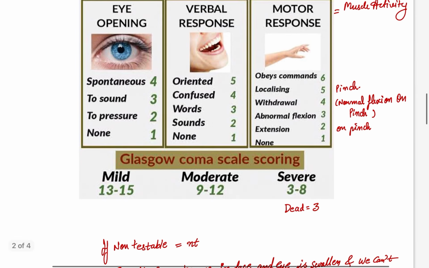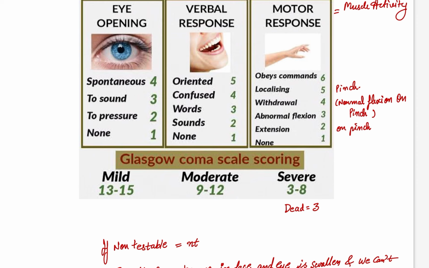Now, how will we know whether it's a normal score or not? If we calculate and it comes to 13 to 15, we call it mild. If it is 9 to 12, we call it moderate. And if it is 3 to 8,